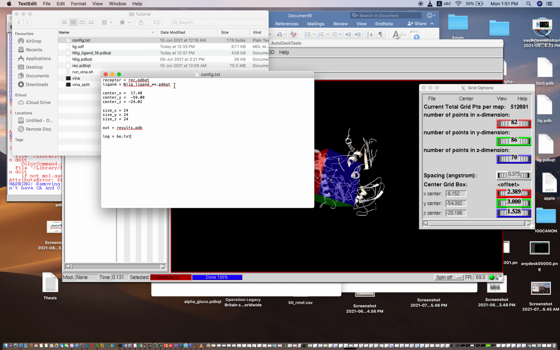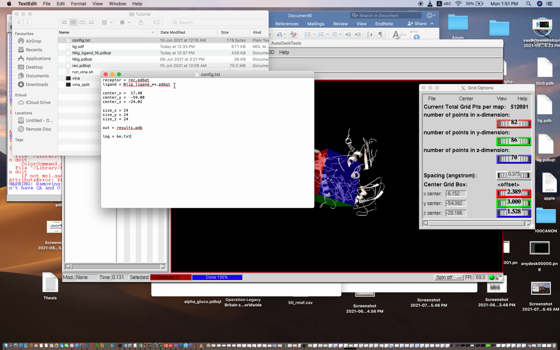But in our case we are going to dock a multiple ligand library in AutoDock Vina. When you download a multiple ligand library, the file may be in the PDB format, or it may be in the SDF format.